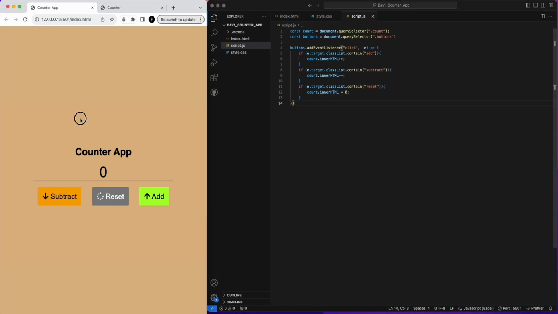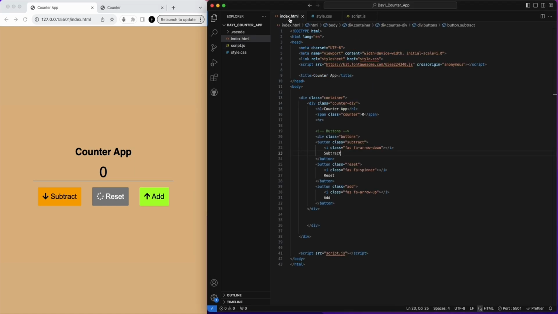So that's basically the basic structure, but it's not working